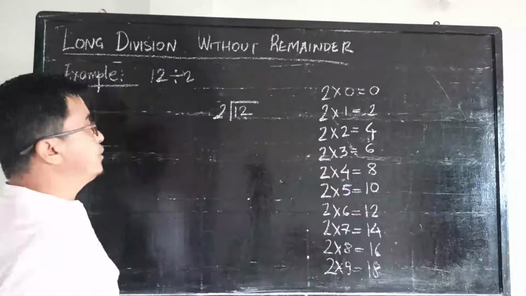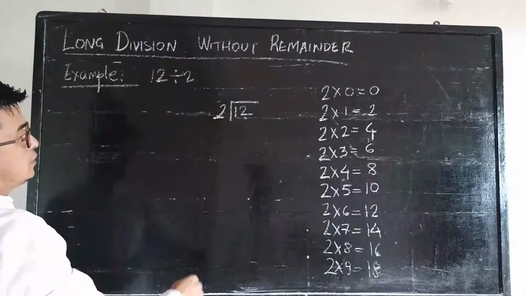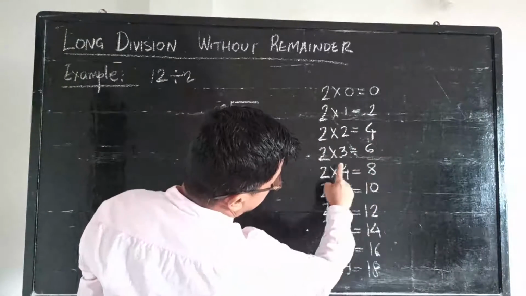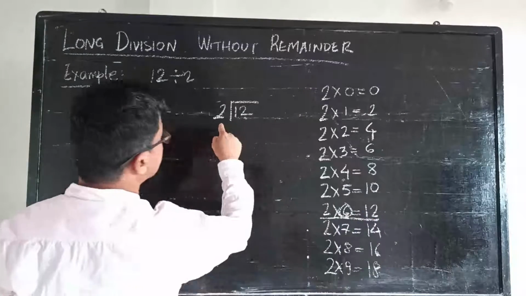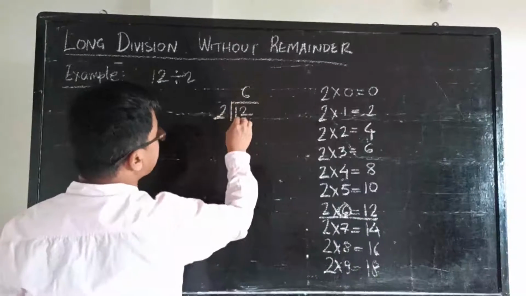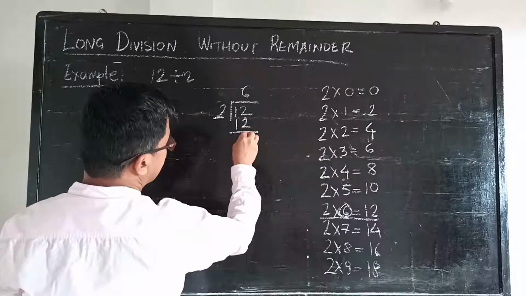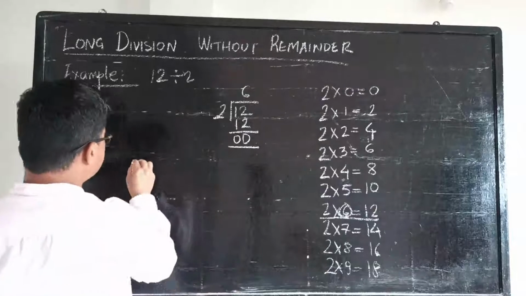Now look on the blackboard. 12 divided by 2. Now 2 ones are there. Look here. 2, 4, 6, 8, 10, 12. 2 sixes are 12. Now you write here the quotient. 2 sixes are 12. Now 2 minus 2, 0. 1 minus 1, 0. So the quotient is